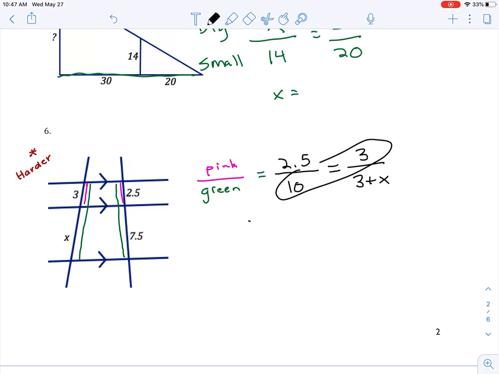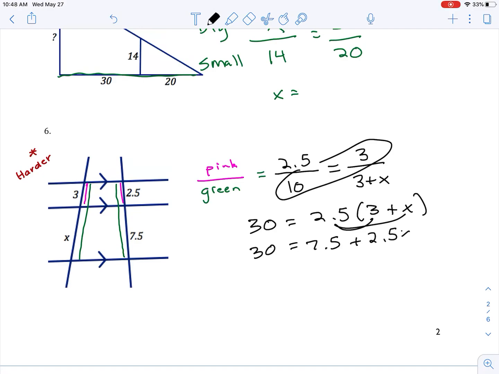Okay, and we would cross multiply, and 10 times 3 is equal to 2.5 times 3 plus x. And I use my distributive property, and I go 3 times 2.5, and I go 2.5 times x. And then I subtract 7.5 from both sides. And I get this, and I go 22.5 divided by 2.5, which is 9. So it's